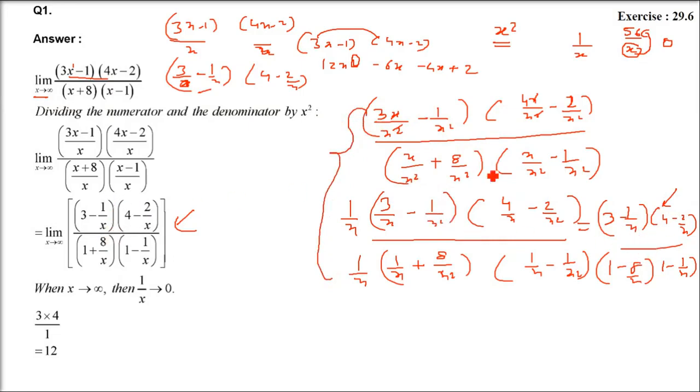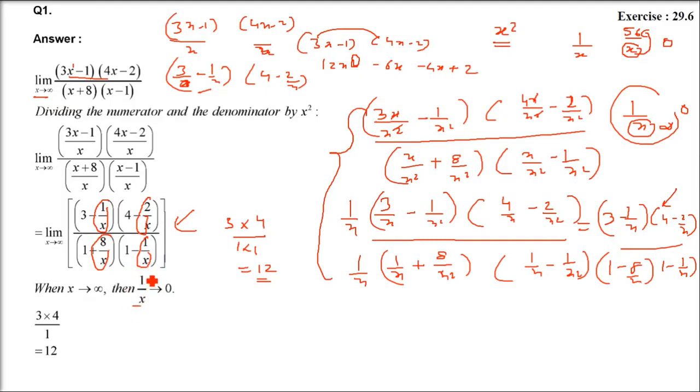Okay. So when you have this 3 minus 1 by x, so x is in the denominator, what does it mean? It is 0. When you have infinity in the denominator, it's 0. So this is 0, this is 0, this is 0, this is 0. Right? So what do you get? 3 into 4 in the numerator, 1 into 1 in the denominator. That is, you have 12. X is infinity, so 1 by x square, 1 by x to the power anything is going to be 1 by infinity, which is going to be 0 only.